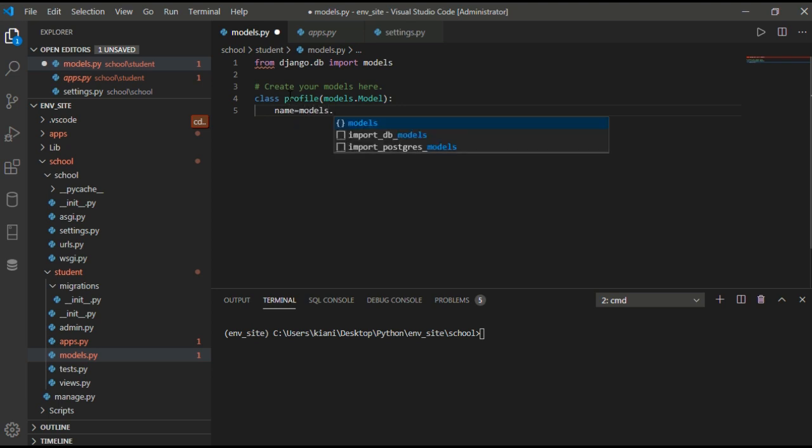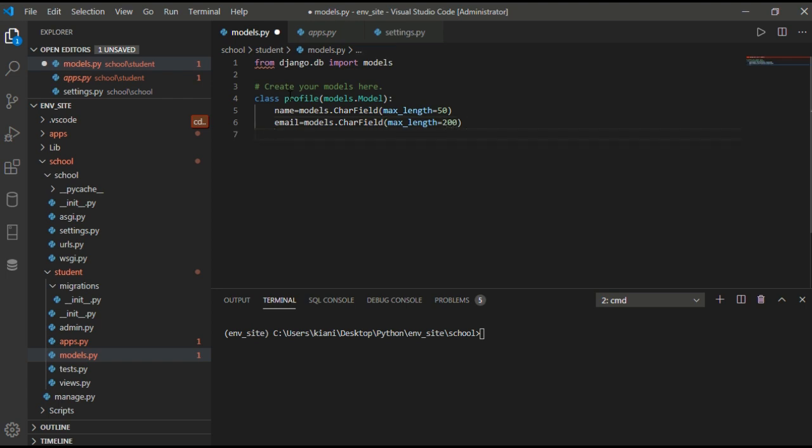Okay, so we will have name is equal to models.CharField, and max length is, for example, 50 characters for the name. And we have email is equal to models.CharField, max length is 200 characters.